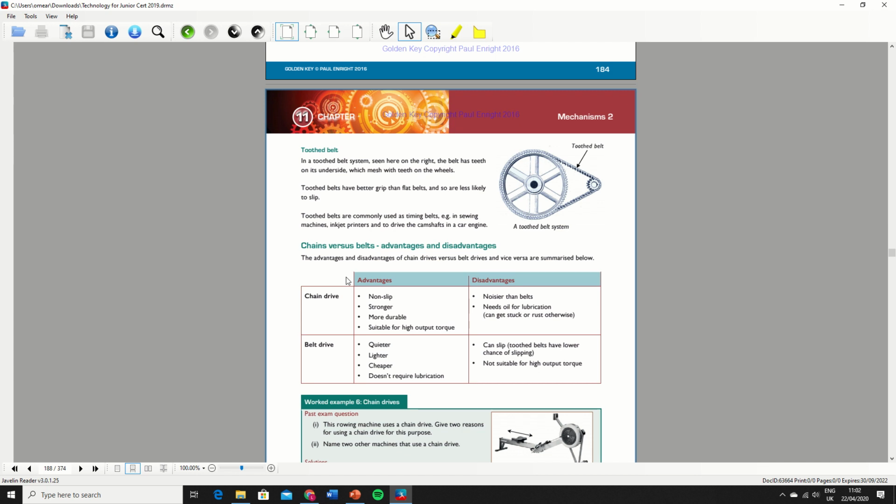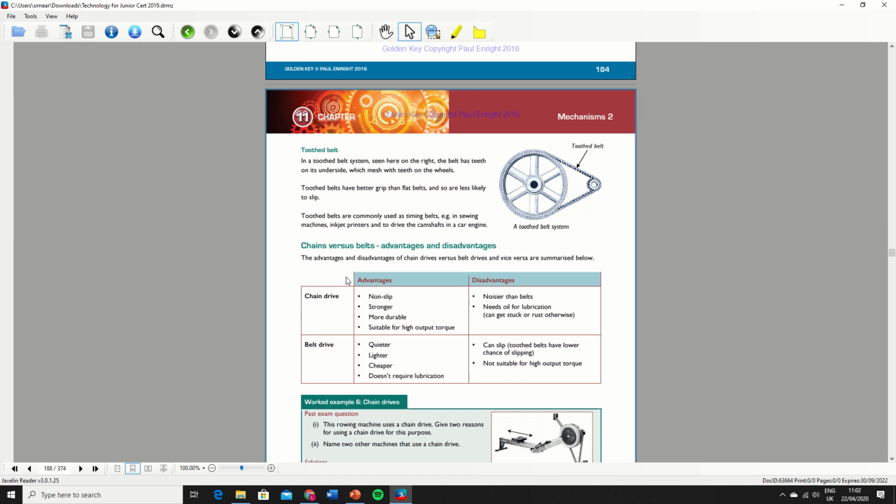Disadvantage, however, it's noisier. It needs oil for lubrication, so it can get stuck or it can rust otherwise if there's no oil or grease on it. So with your belt drive, it's quieter, it's lighter, it's cheaper, and it doesn't need any lubrication, so it doesn't need any oil. And then the disadvantages, however, are it can slip, but we did say that our toothed belts have a lower chance of slipping, but that does not mean that they won't slip either. So it's not suitable for high